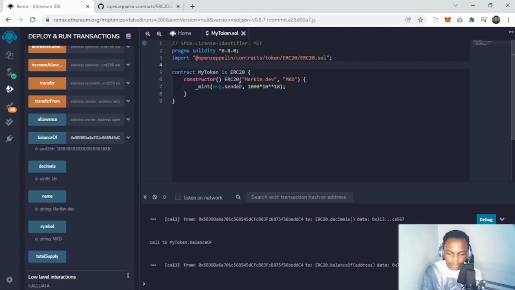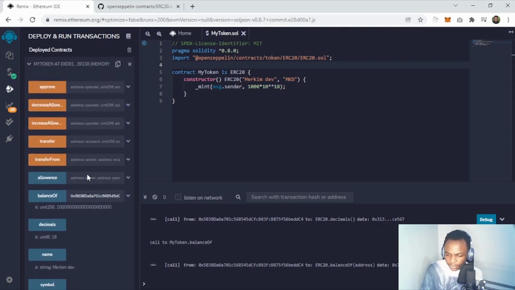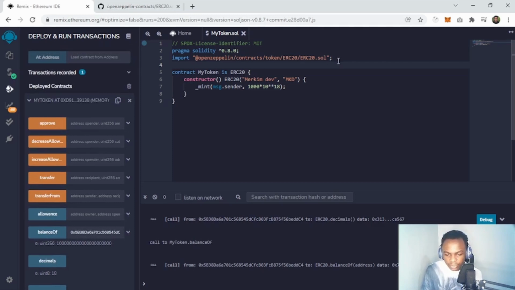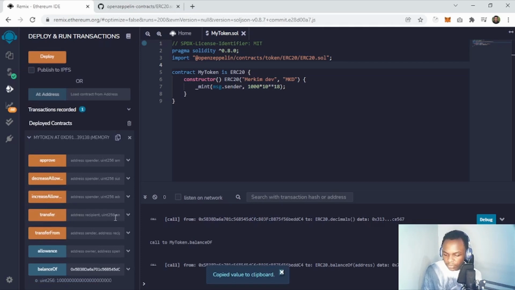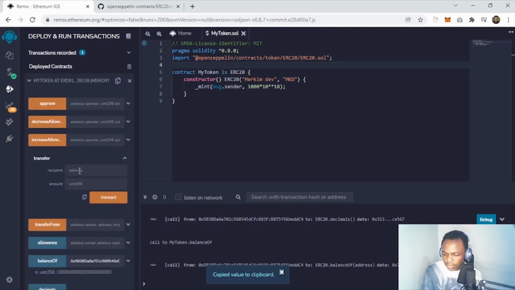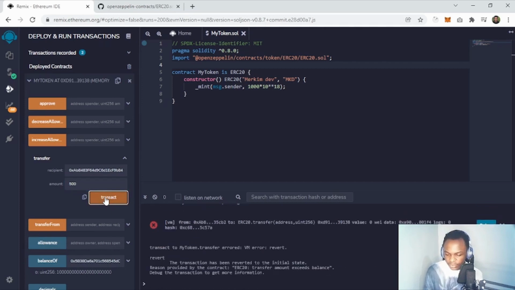So right here we have deployed and we have sent that money to this person. Okay, and here, in the OpenZeppelin, or in this contract.sol, we have a method to transfer. That means you can transfer some of your funds to someone else. So right here, I'm going to try something and change the account here. We take this account and I'm going to transfer 500 tokens to this account. Okay, and let's just see what is required here. So the recipient is this account, and the amount I want to transfer is 500. So if I click transact, wait for it,